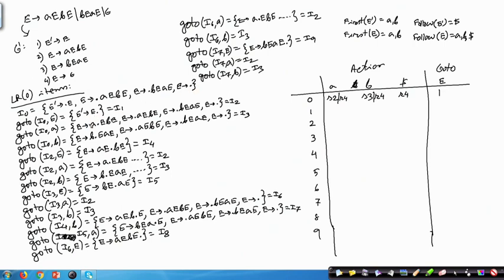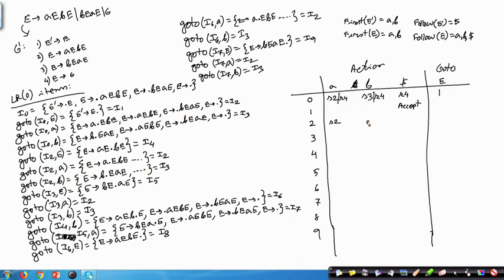Now, I0 is over, now I1. So, E dash producing E dot. So, then this E dash follow has got dollar. So, this should be accept. Now, comes this I2, and in I2 I have got this one dot A, and then I2 on A is I2 only. So, this is shift 2, then I2 on B, I2 on B is I3.